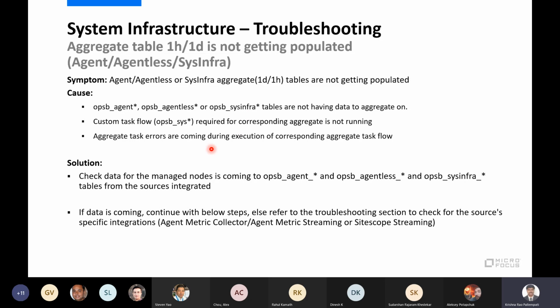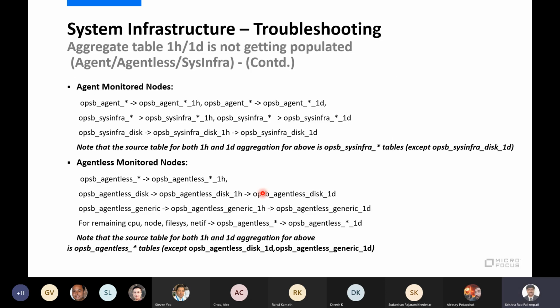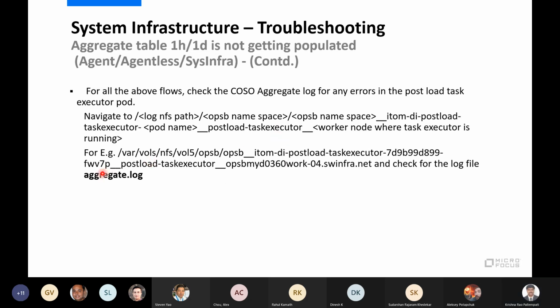We'll see the task flow or task errors, anything in our monitoring dashboard, it will directly populate, or in the system. We will go through step by step, and all these aggregations will be under aggregate.log. So for the default aggregate, we'll see in the aggregate log whether there are any errors.